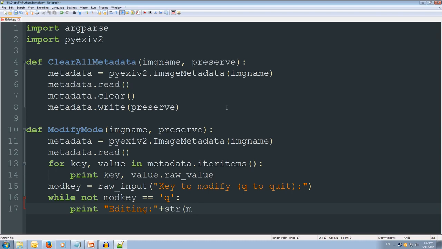So actually we'll do the value. So metadata, editing metadata, open square brackets mod key close square brackets .raw_value, close off the brackets,